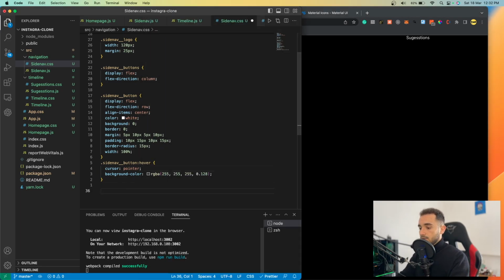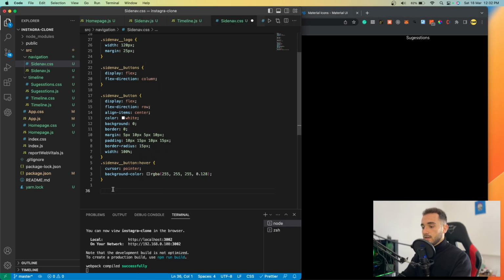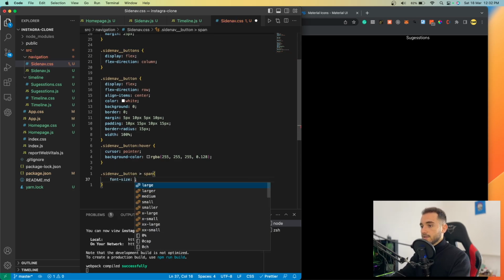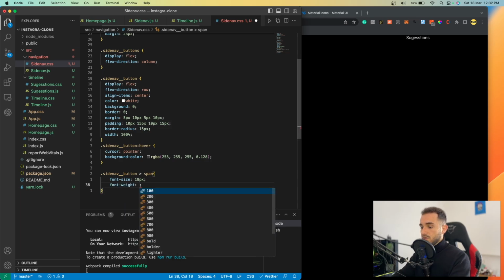Now, what else we can do is for the span, which is the text, we want to make this bolder and different font size. So to get the span, what you can do is just type side nav button and put this and span. Then on span we are going to make the font size bigger text. Font size is 18px, and also the font weight is going to be bold